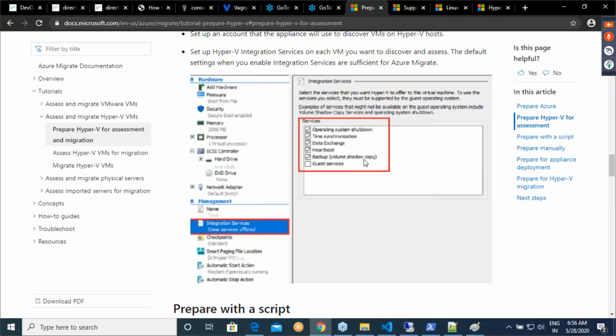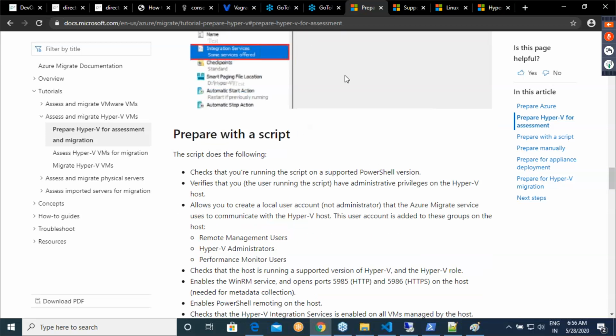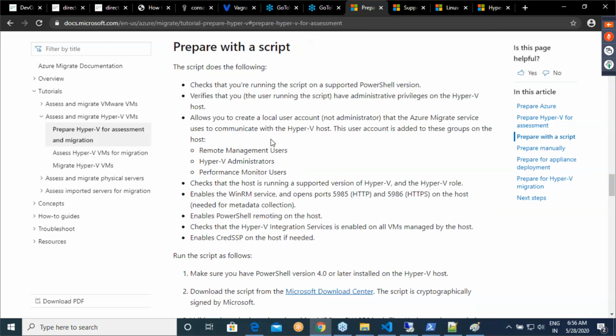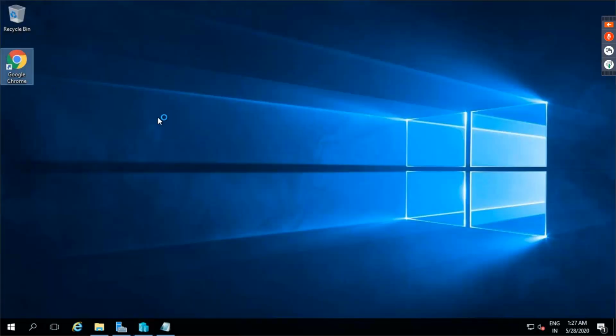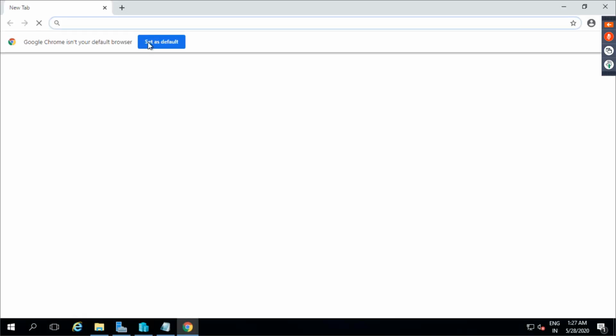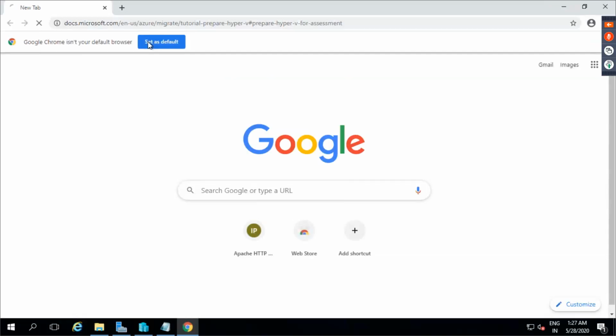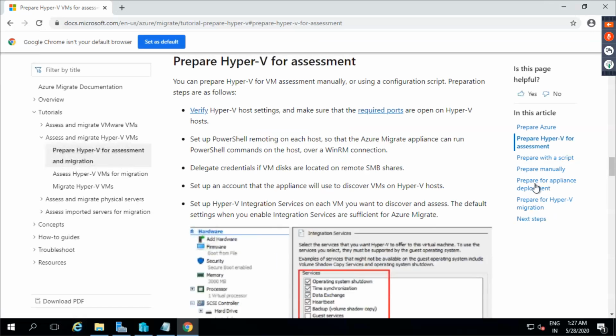Okay, all right. Now you can do all of this stuff manually, or you can prepare all of this stuff with a script. And I would rather go with a script. So let me open this document in the PowerShell over here. Okay.